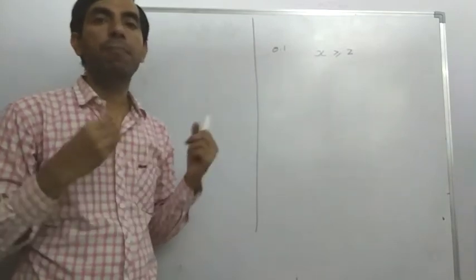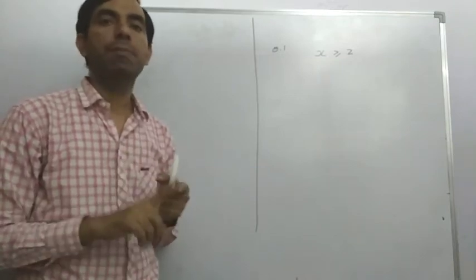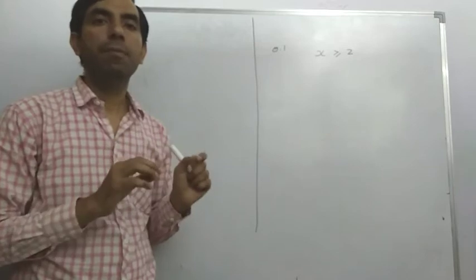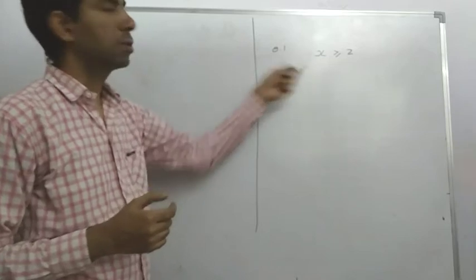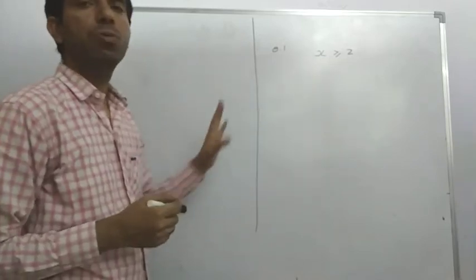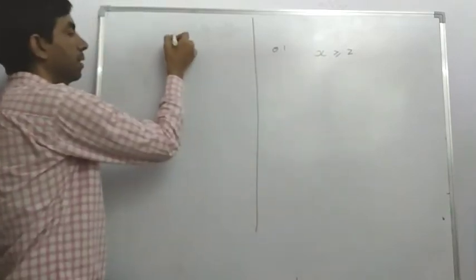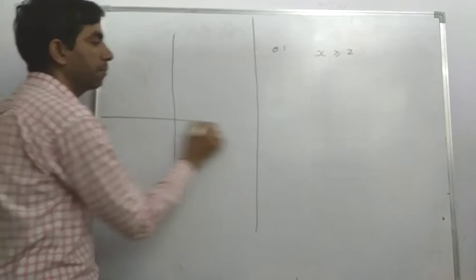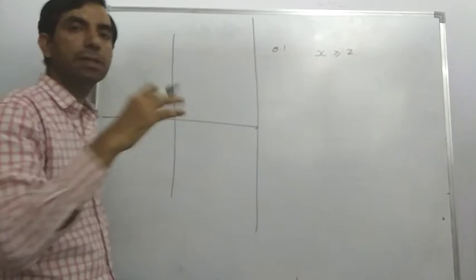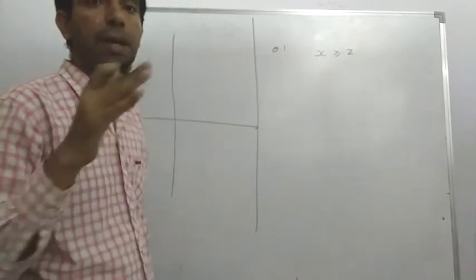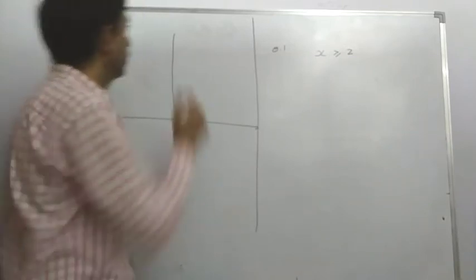In the previous video we learned and solved only equations which are represented by equal to. At that time we did not have any greater than or less than sign. So it is similar to the previous method. If we want to solve it, we make a graph. Every time we make a graph, first make the plus sign: x-axis, y-axis, x dash, x, y, y dash, and write the scale and the origin represented by 0.